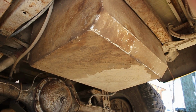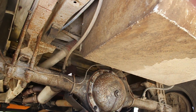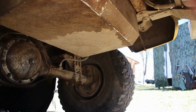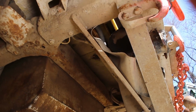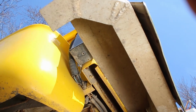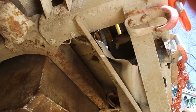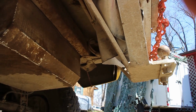The shocks in the back are in their original location, although again they're adjustable, heavy modern shocks. The back bumper is custom made, all aluminum. Started with a 6-inch by a 3-inch channel or 2-inch channel, half-inch thick, and all the bracketry is half-inch thick, all welded, one piece. It mounts a 6,000-pound winch in the center,